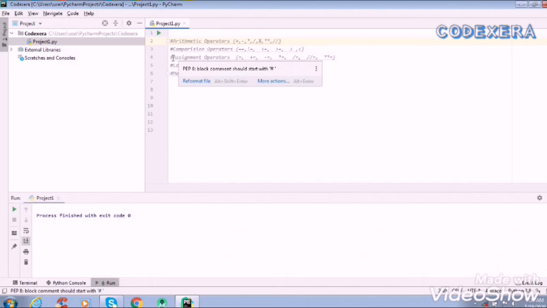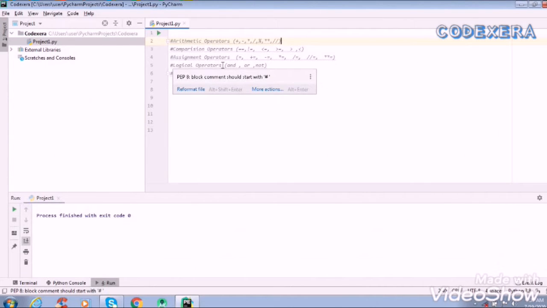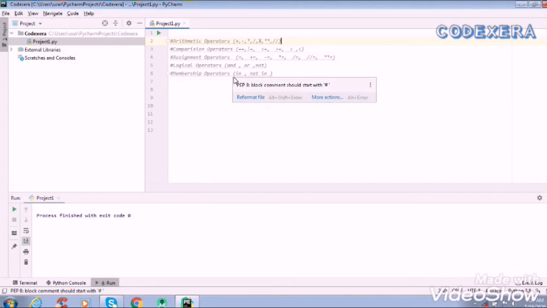Assignment operators we use for assigning values to variables. After that, logical operators are used to combine two conditional statements. I will show you examples of how we apply these operators in our programming. The last operators are membership operators.